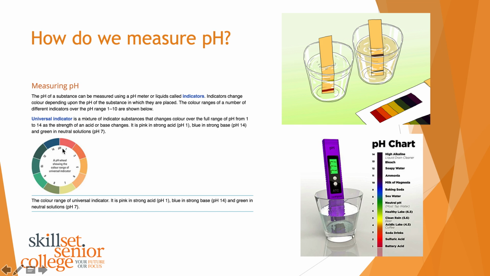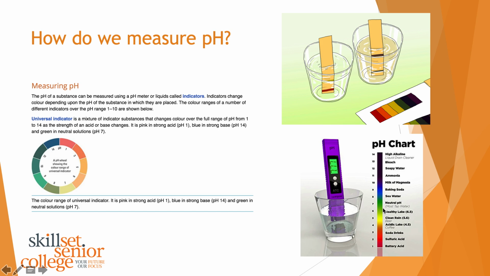So if you look at this little wheel, if I used a universal indicator, it's called, and say a bit of soil, crushed it down, put it in some water, and then put the indicator in, the colour would change, the indicator would react with the hydrogen. We'll talk about that in a little second. But the indicator will react and it will change colour. So if I have a really strong acid, about 1 or 2, it will go kind of pink. Weaker acid, it'll be deep orange, lighter orange, beige. Then when we get past the neutral 7, it's going to turn green and eventually blue. And you can see that quite nicely in this scale here.